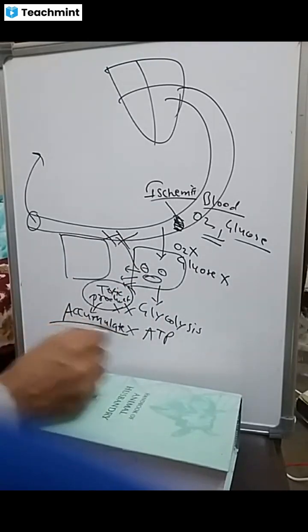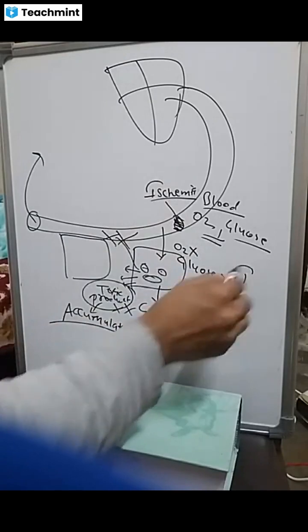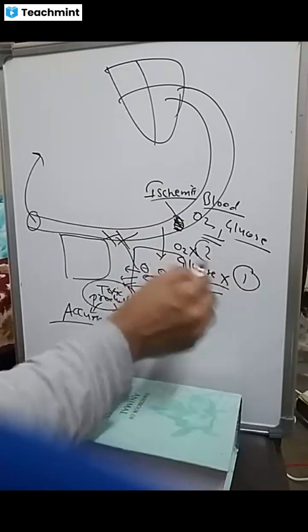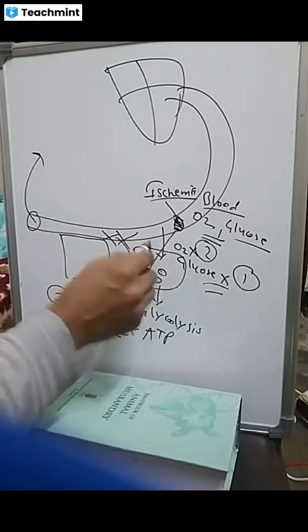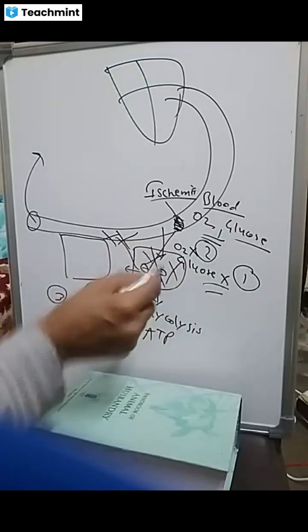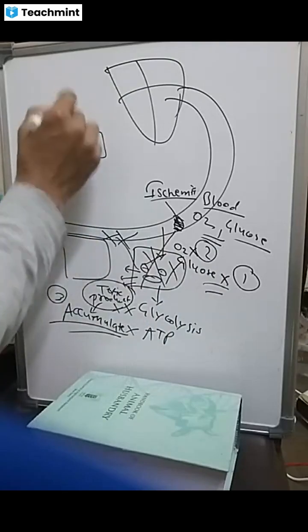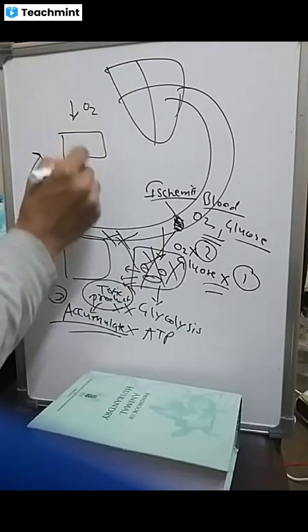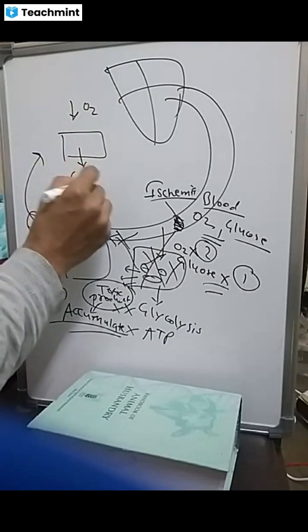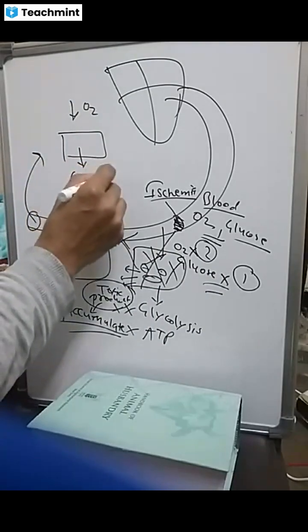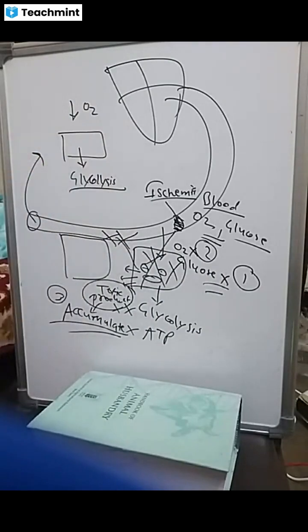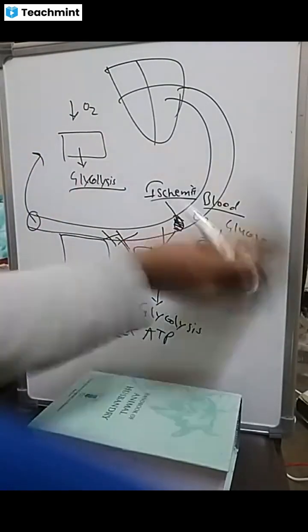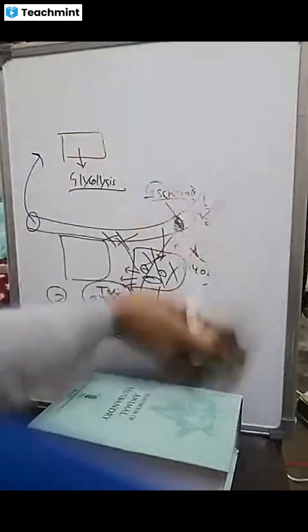So because of these three reasons, no substrate, no oxygen, and accumulated product, this cell will die faster than the cell which is getting less oxygen and continuing its glycolysis. So the end result is